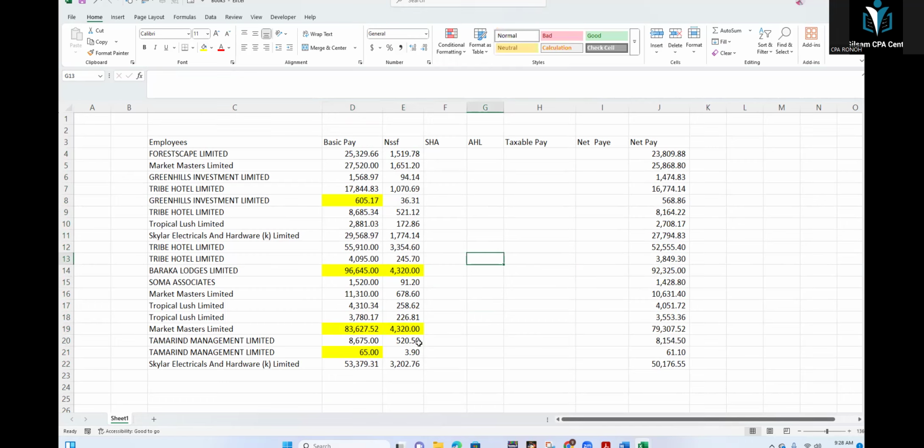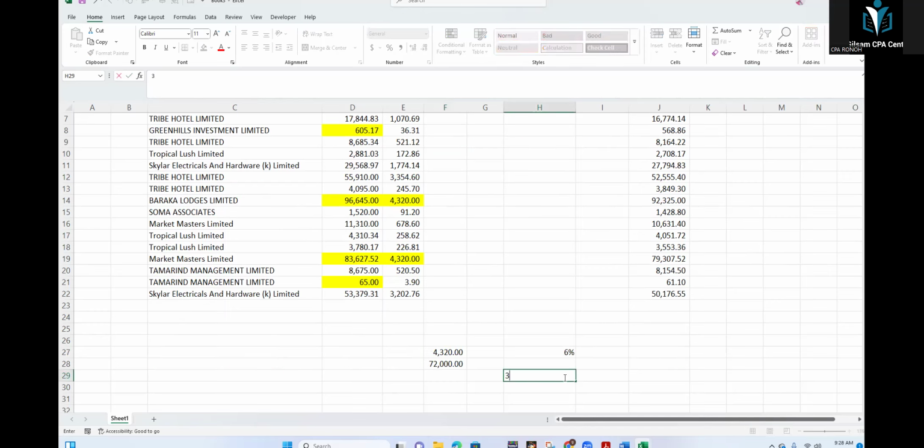And then we don't have a set limit for NSSF, the lower limit. We have the upper limit, but we don't have the lower limit. That's why even we are getting 3.0 for this one, because we don't have the lower limit. And then SHA, we have a lower limit of 300, right? And then the rate of SHA is